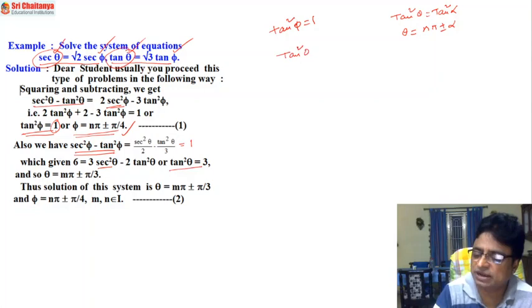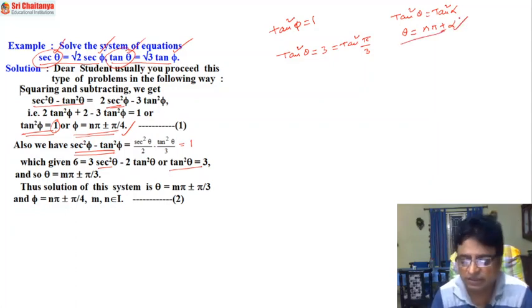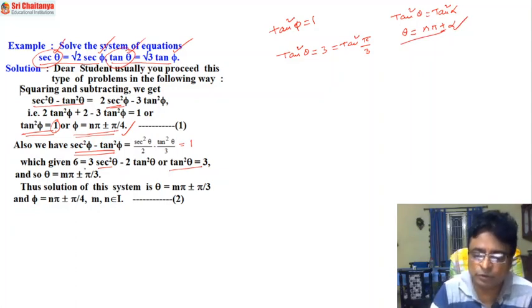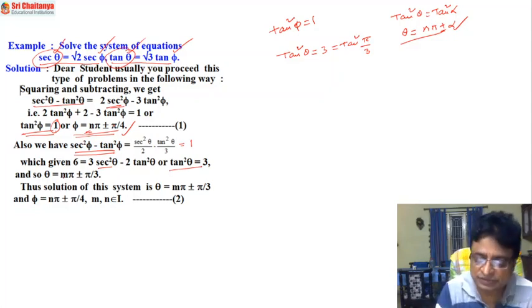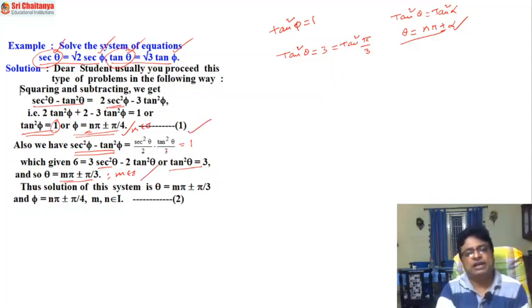Again it is just like our model. Tan square theta is equal to 3, which is nothing but tan square pi by 3. Again it is in the form of tan square theta is equal to tan square alpha. There, what is my answer? Theta is equal to n pi plus or minus alpha. But as I already mentioned for the last equation also, whenever we are solving two different equations, please don't use the same integer n in writing the general solution for the second. That's why I have represented theta with m pi plus or minus pi by 3, where m is an integer. Here n is an integer. This is very, very important while writing the solution on paper.